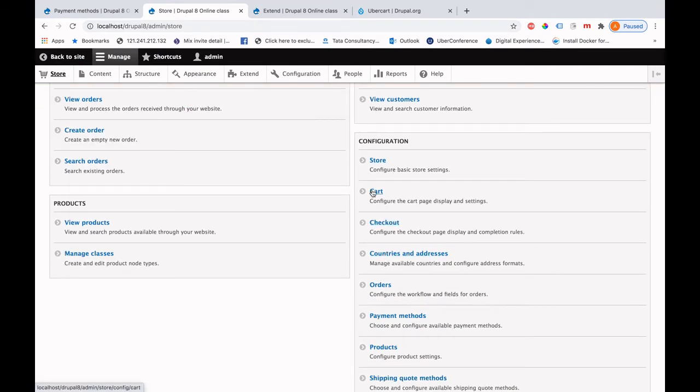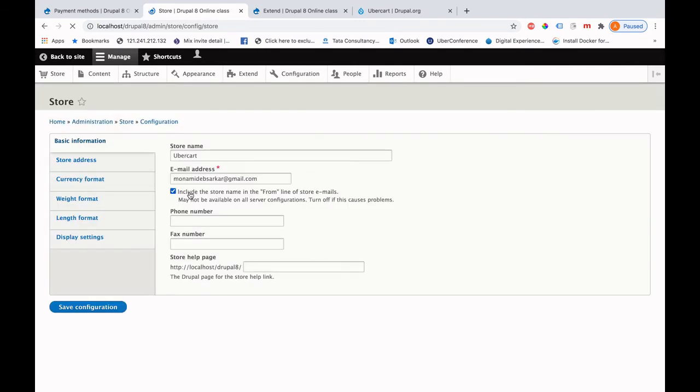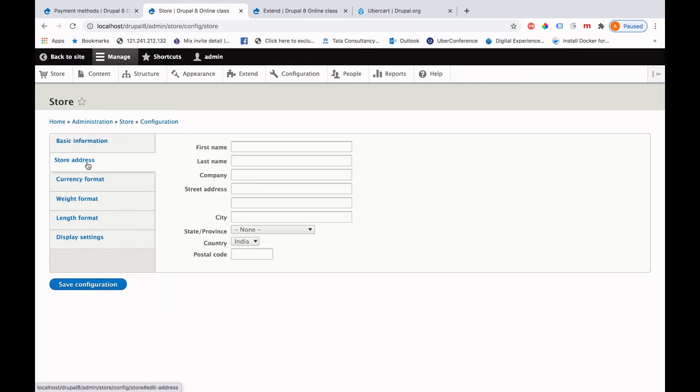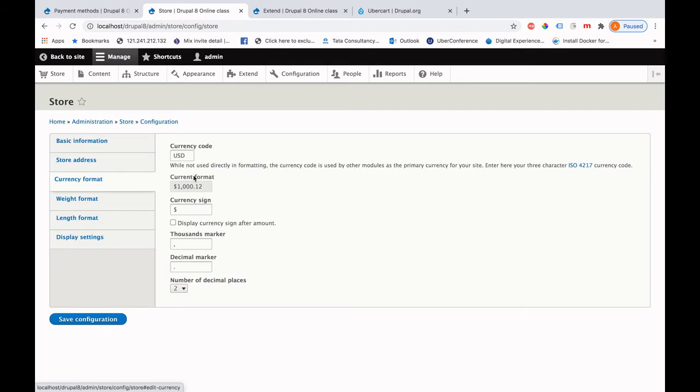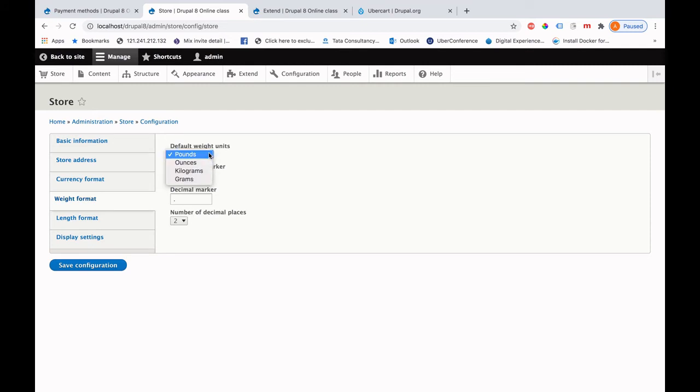So these are the important configurations, like store. You need to update the store name, whatever it is, and then the email address, phone number for your store, and then store address, currency format, whichever is applicable to your country. Then weight format, you can choose pounds, kilogram, and so on. Length format, right now it is inches. You can add centimeters and other units. Now display settings, if your billing address needs to be listed, then you need to select this. Okay,